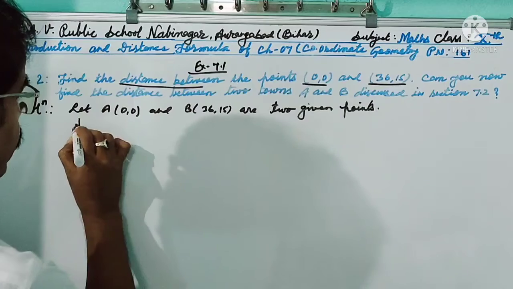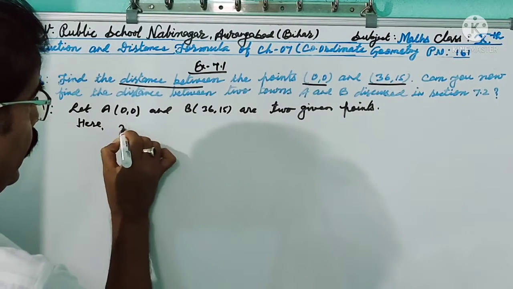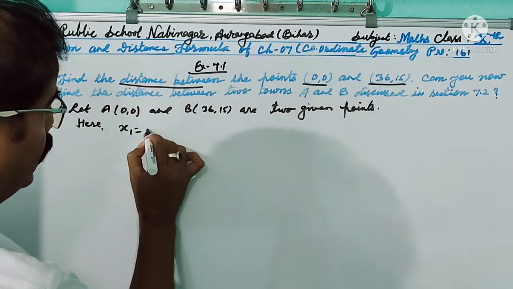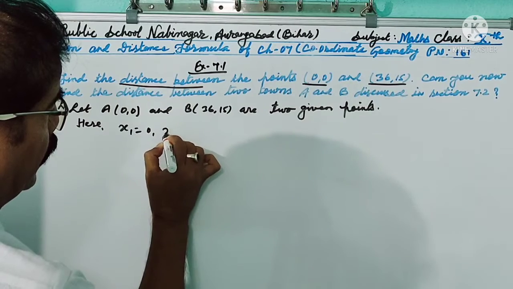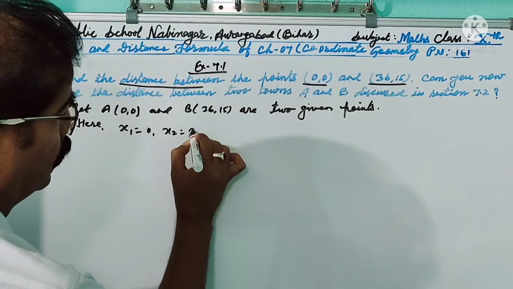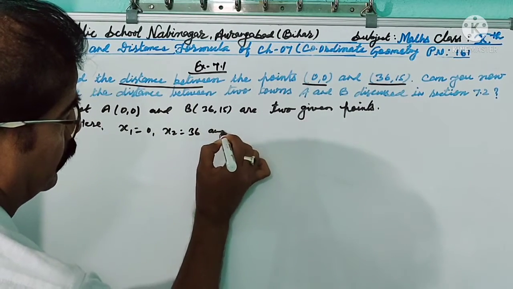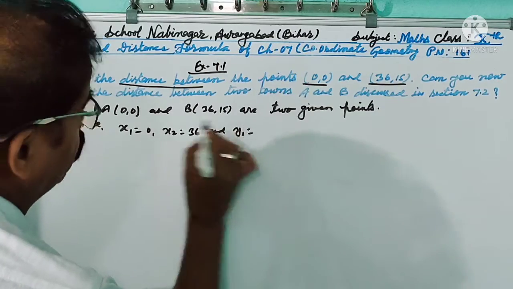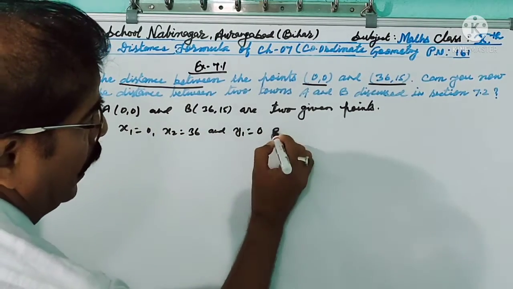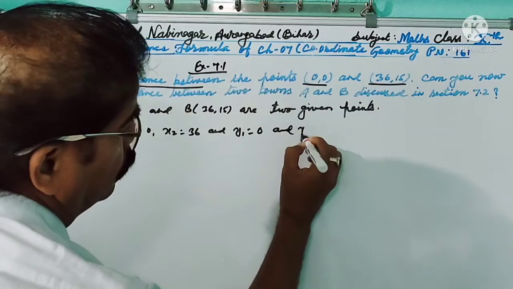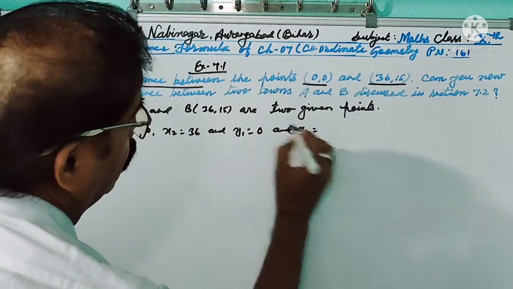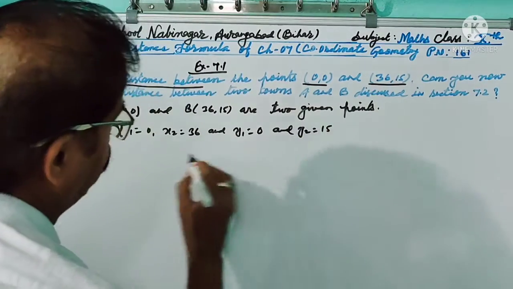Here x1 equals 0, x2 equals 36, y1 equals 0 and y2 equals 15. By distance formula,